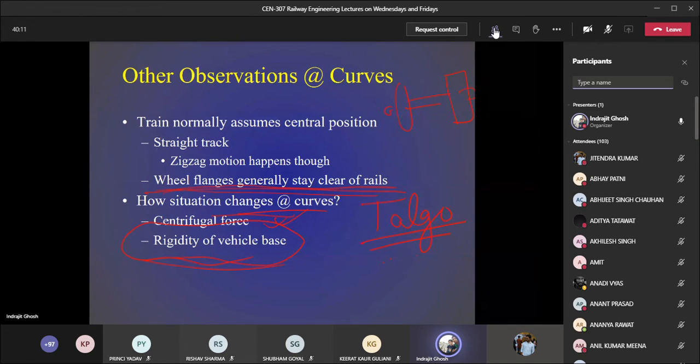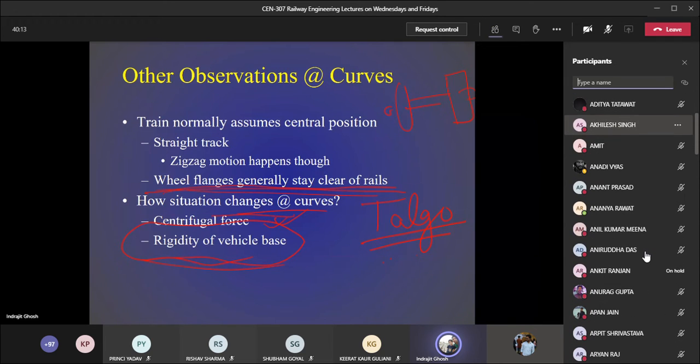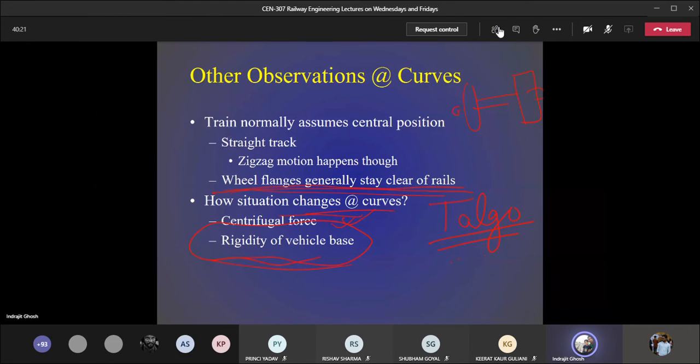There is a wheel on the inner side and a wheel on the outer side, but the mechanism is such that the two wheels can travel with a different speed. I don't know how it is done mechanically. Maybe someone with a mechanical engineering, production or design background can give a better idea. But this is the mechanism in modern track rails.